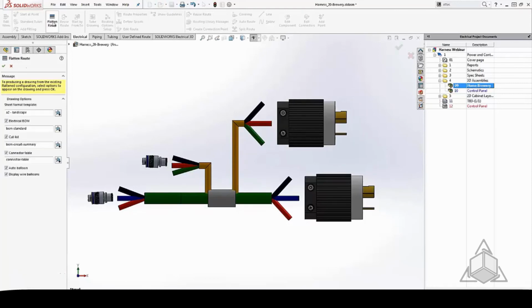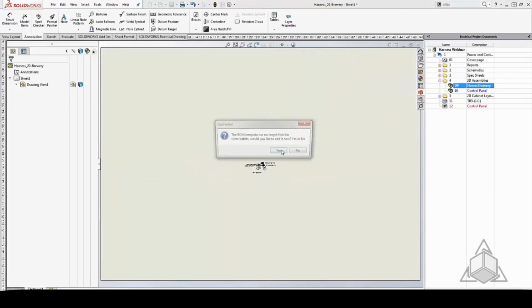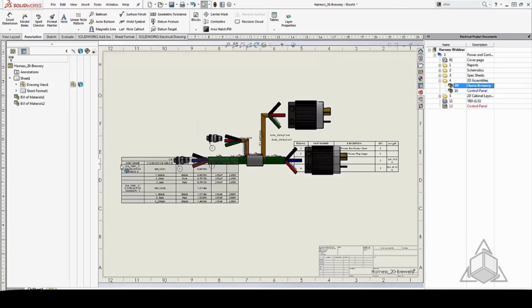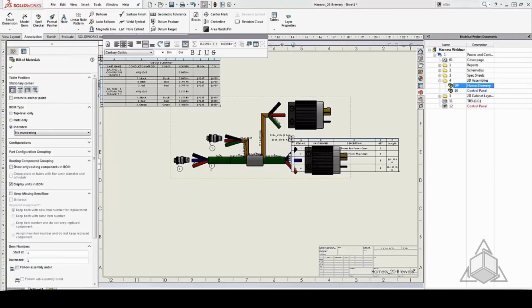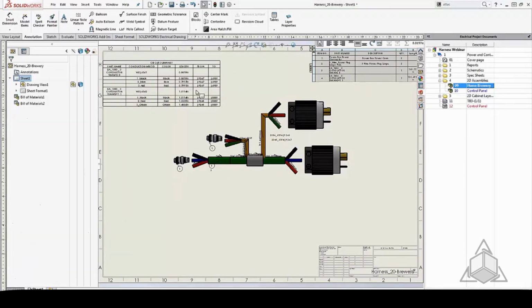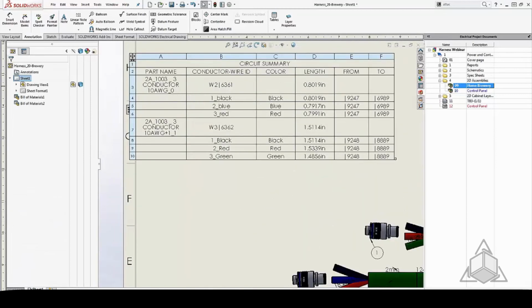So for my electrical tab, I'll hit flatten route again. This time around, I want to create an electrical bill of materials as well as a circuit summary, so what cables and wires I'm using. And what we'll generate here, I'll just throw this up top, is a detailed view of our electrical harness now. So I can see that I have